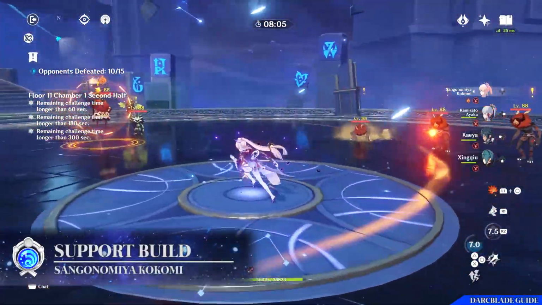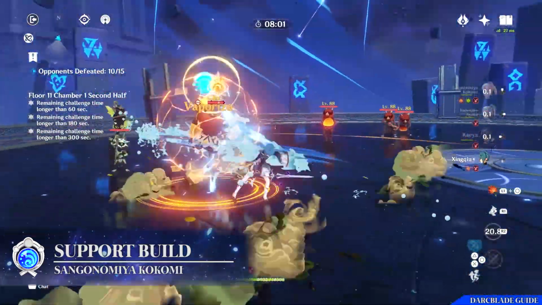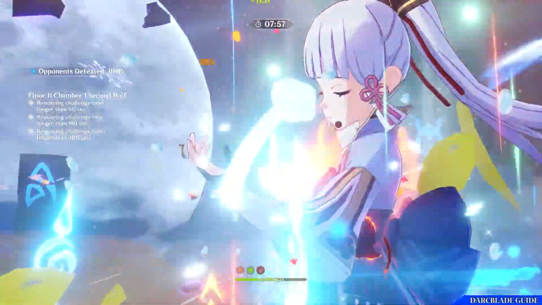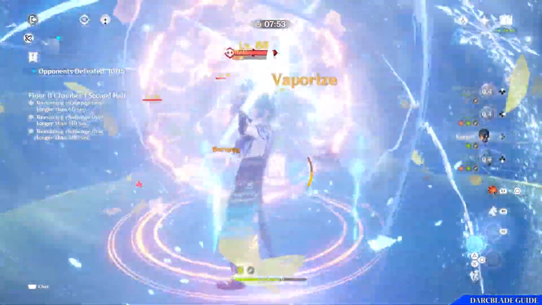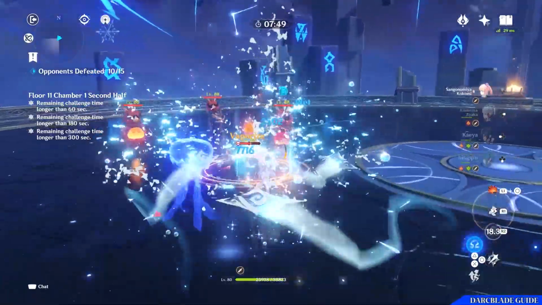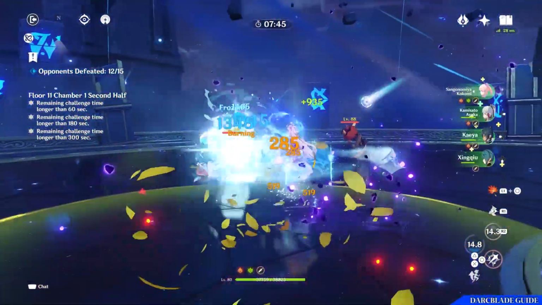The first build I like to use on her is the support build. This is a build that turns Kokomi into not just a healer but also a support for your team, boosting their overall damage while still being able to effectively heal a team. So, first of all, when it comes to the weapons for this build, of course, if you're able to get 5-star weaponry, this is going to be far more effective than what I may be suggesting here, but I'd first